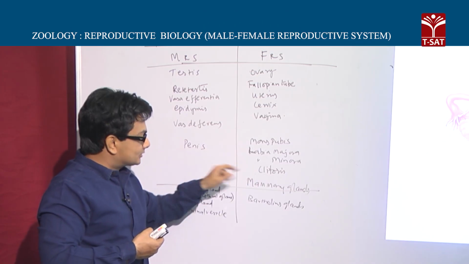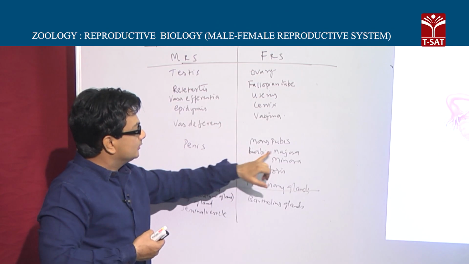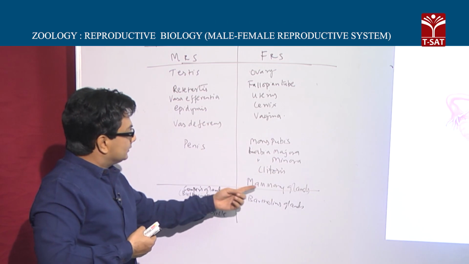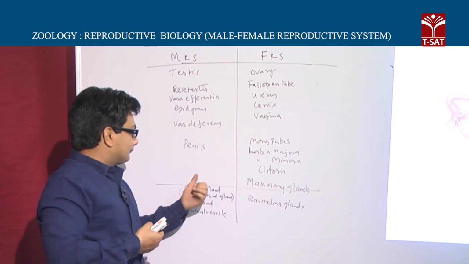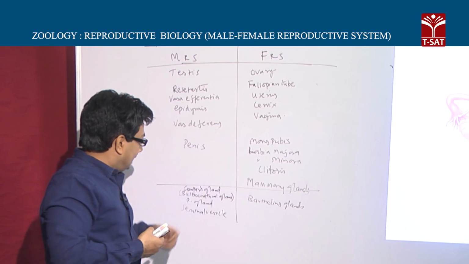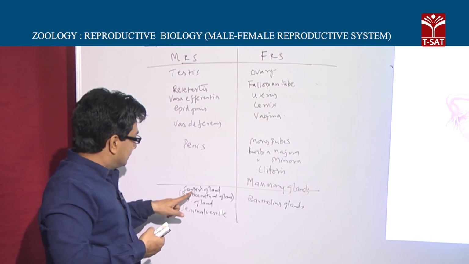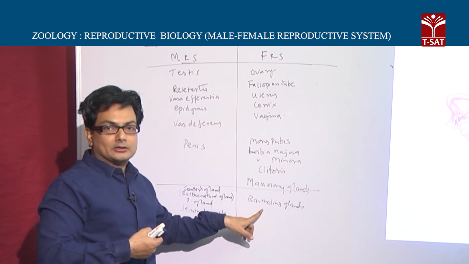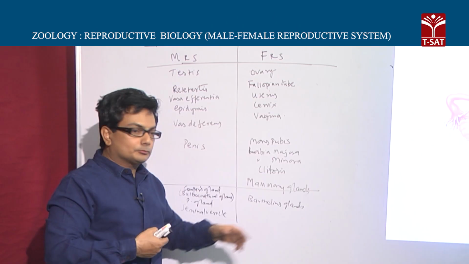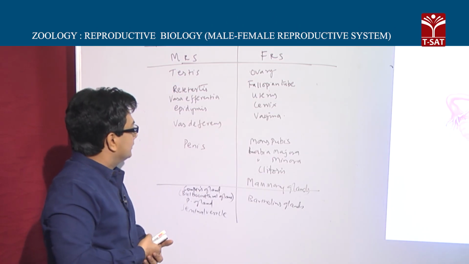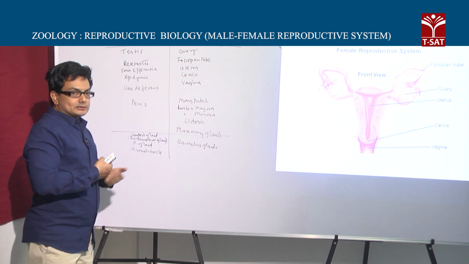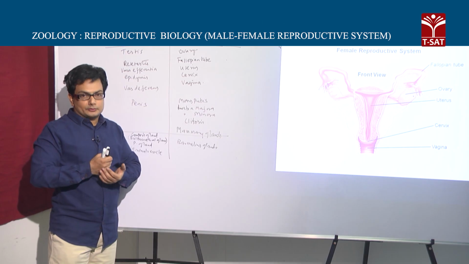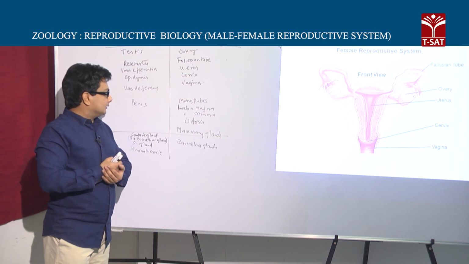and these are all again external genitalia in a female, the mons pubis, labia majora, labia minora, and also the clitoris, and the mammary glands, which are functional, and here of course non-functional. And the important accessory glands, the Cowper's gland or the bulbourethral gland, the prostate gland, seminal vesicle, and here I have taken one of the major important ones, and that is the Bartholin glands. And in the males, let me remind you, the urethra is called the urinogenital duct, which opens out through the urethral meatus, and here